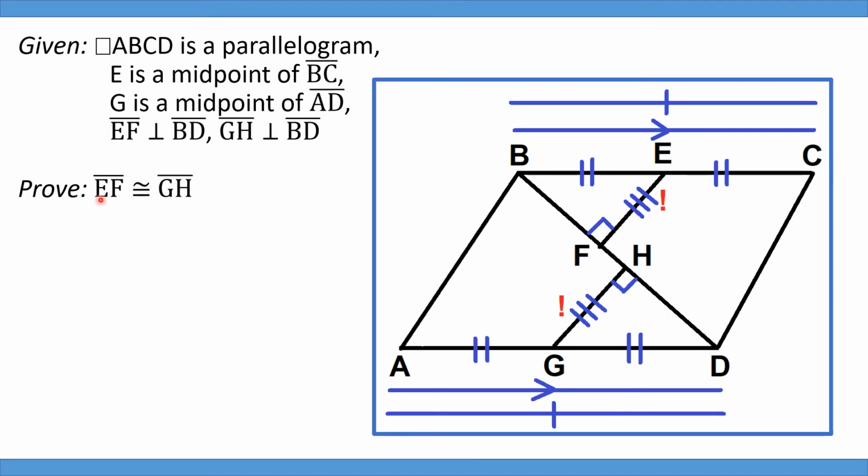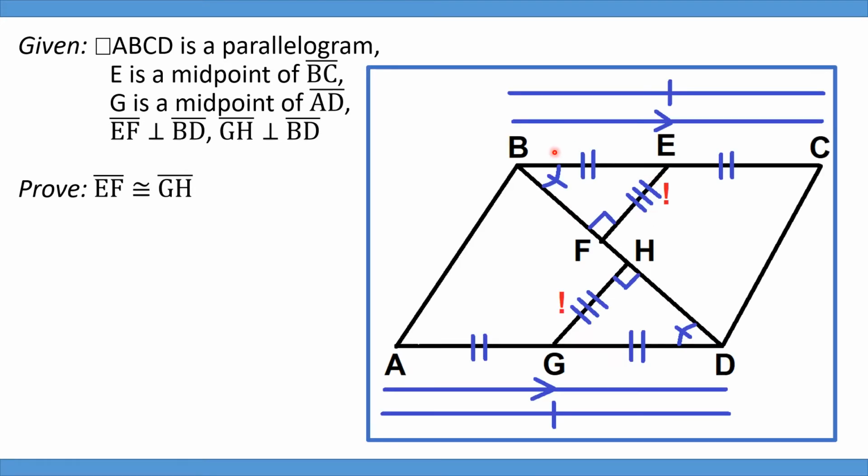Now we need to prove that line segment EF is congruent to line segment GH. To do this, as we have learned many times already in the videos that I have created, we can make line segment EF and line segment GH congruent by CPCTC. But first, we have to prove that these two triangles that contain these segments are congruent. Now we need three corresponding parts, and as you can see, there are only two corresponding parts for now. So where could we find our third corresponding part?